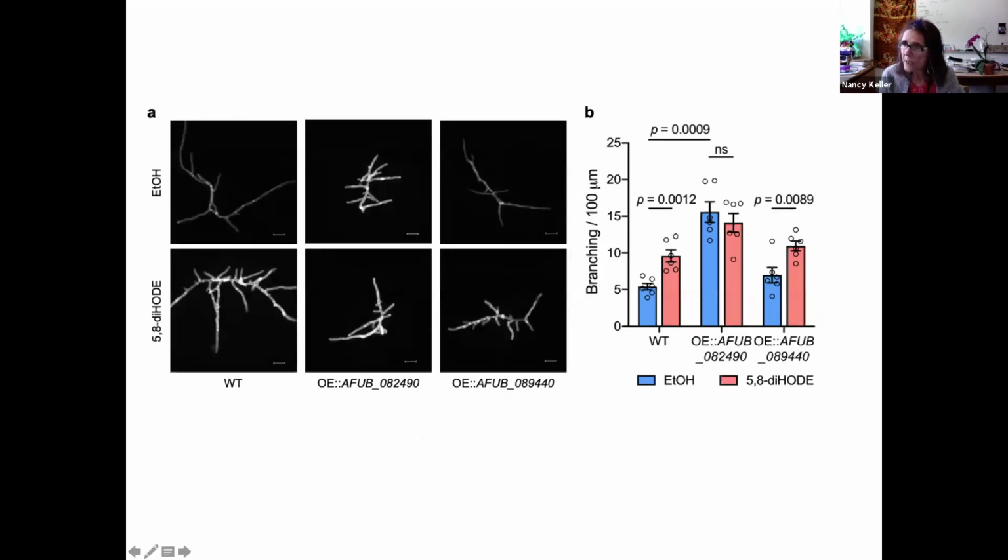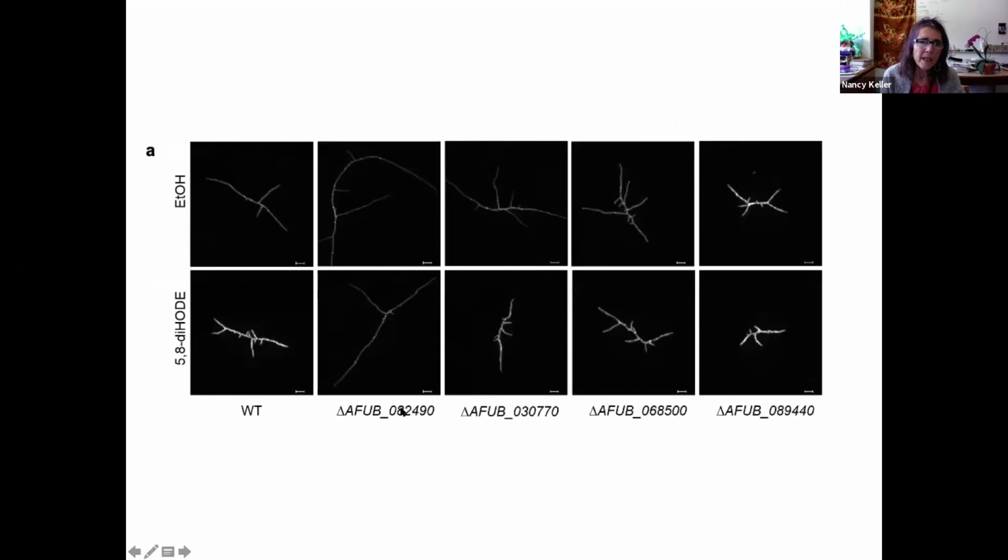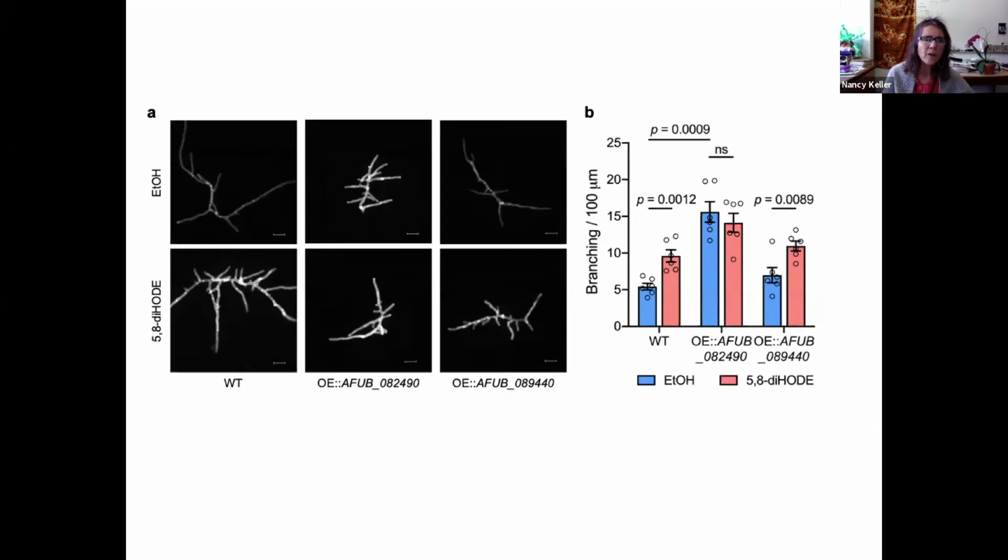So we became really interested in exploring these a little further, especially the 2 that had the most significant response. Oftentimes with a transcription factor, if you overexpress it, you can have the opposite phenotype as when you delete it. Not always, but sometimes. So we said, well, let's take this strain, which when you delete it has a hypobranching phenotype, and see if we get a hyperbrancher. Or likewise, what if we take a hyperbrancher, and when we overexpress it, do we get a hypobrancher? Because we reasoned that if you had the exact opposite phenotype, you actually would find a transcription factor that was very key in regulating branching. And we found one of those.